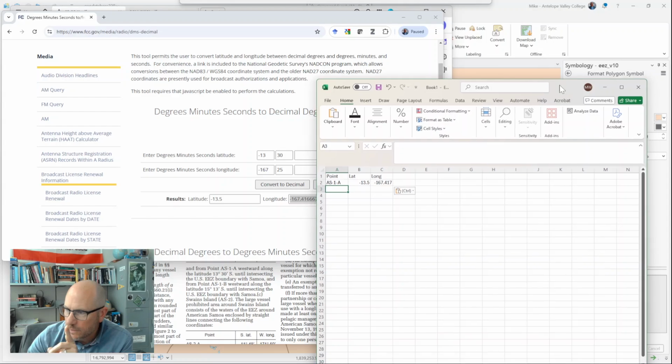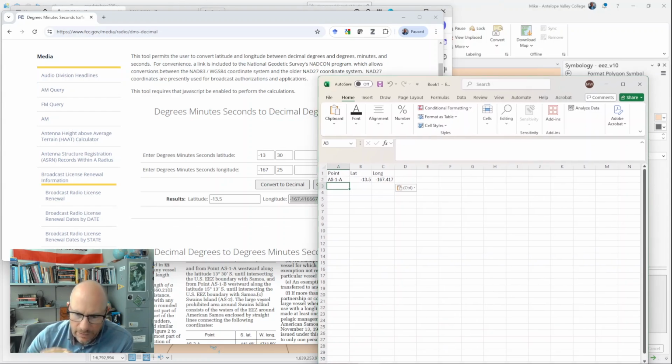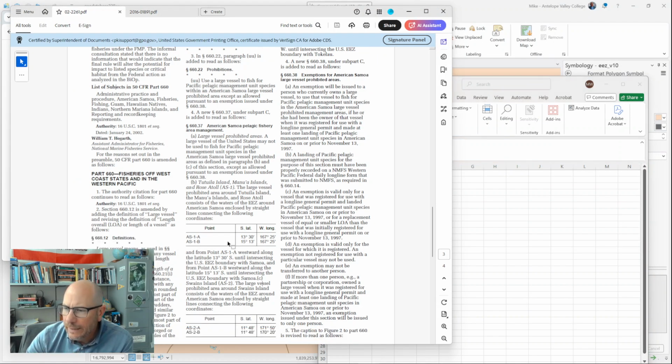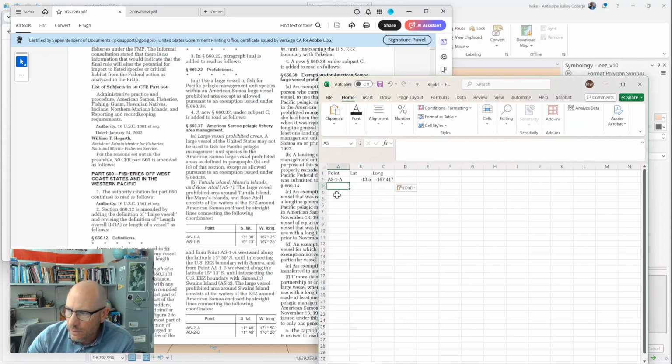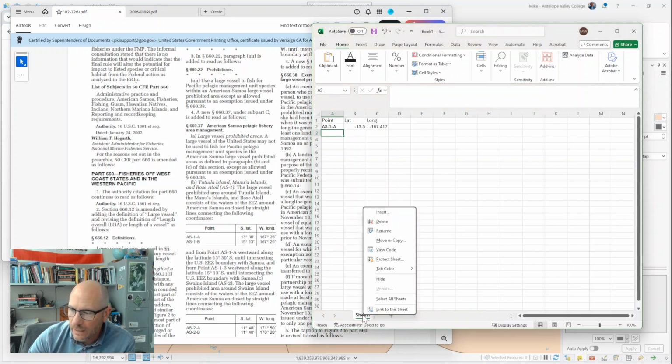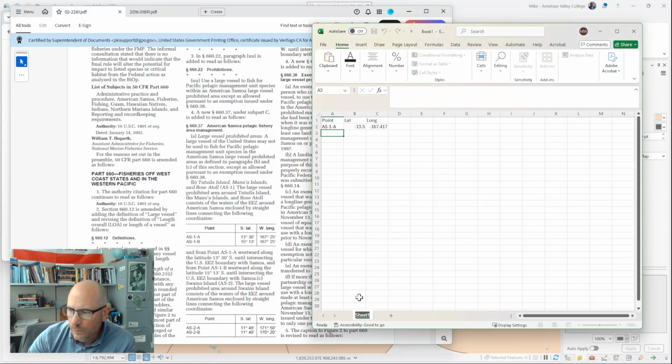Okay, so I'm just going to stop this here. I don't need to do it for an entire video. But what you're going to do is add these remaining ones right here. So AS1B goes under here, AS2A, AS2B, right? You're going to do that for 2002, and then we're also going to do it for 2016. What would be useful, let's do it this way. I'm going to right click on this sheet, hit rename, and call this LVPA, Large Vessel Prohibited Area